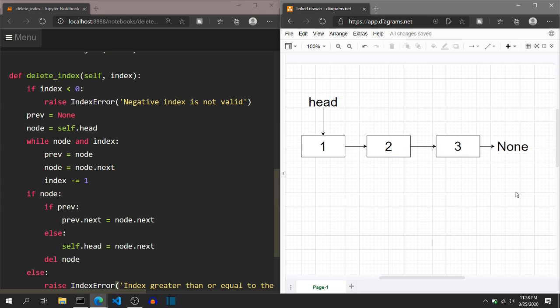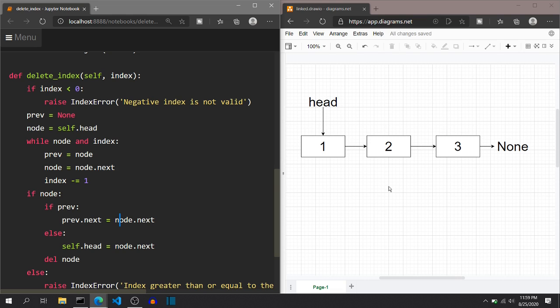Like this. So suppose if we pass an index of -1 or any other negative index, it will first go into this if condition, and any index negative will become true over here, and it will raise index error, and it will not proceed with any of the code. So negative index will not change the linked list at all.